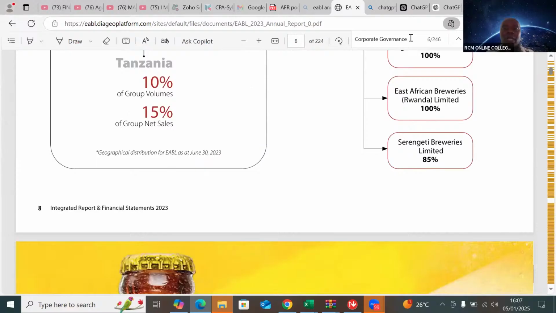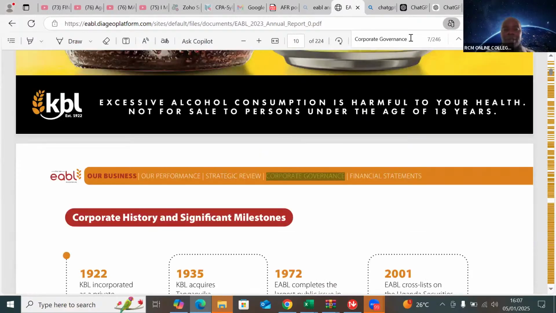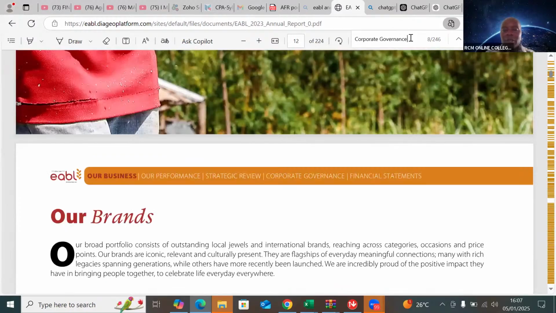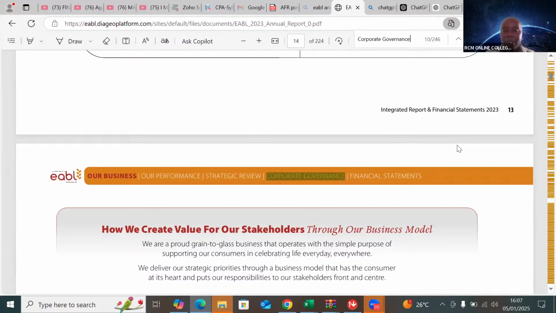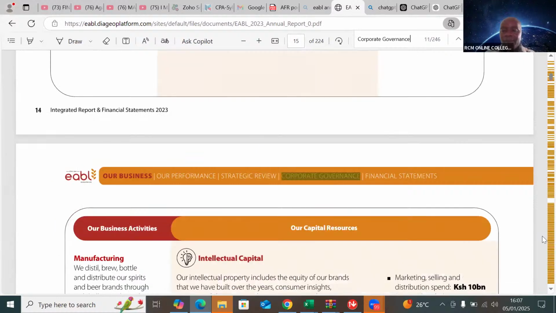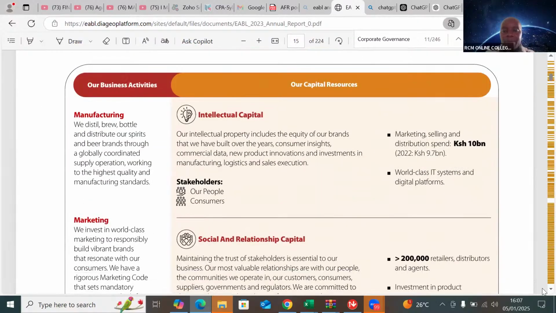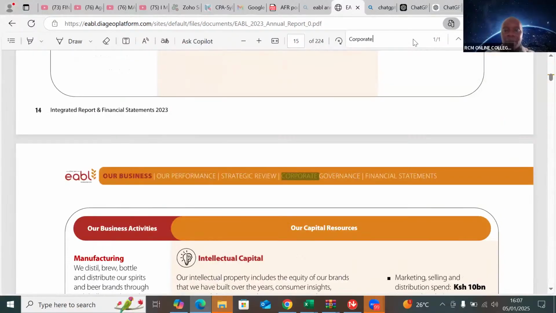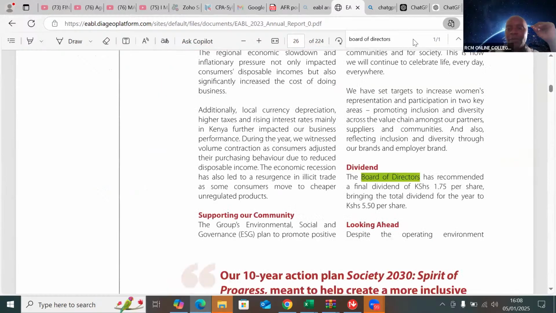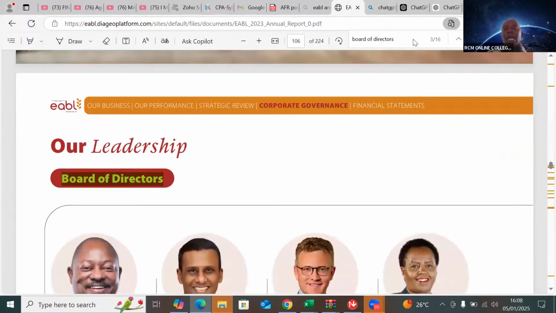And if I continue, ladies and gentlemen, with what I was searching for here, the corporate governance, where is it? Corporate governance, it must be somewhere here. Must be somewhere here. Yeah, our leadership, board of